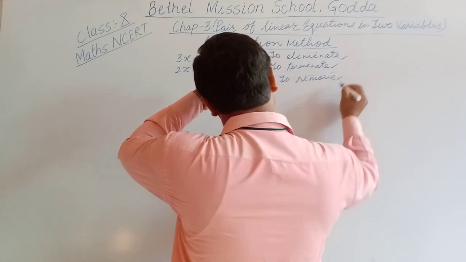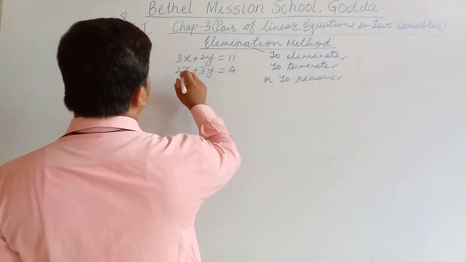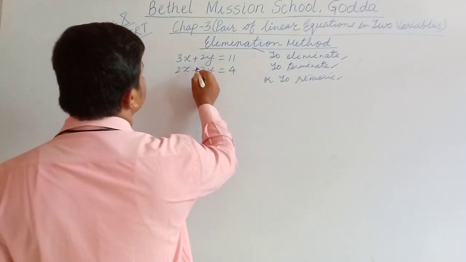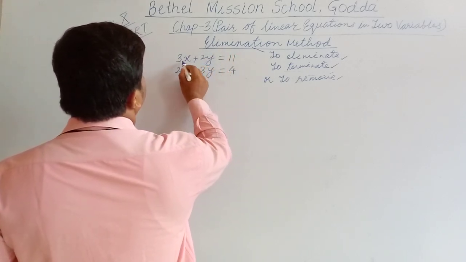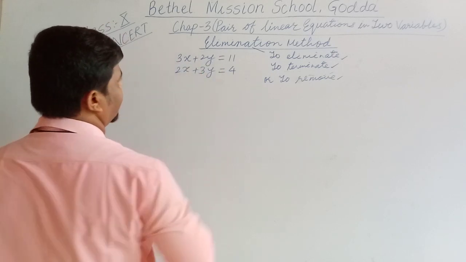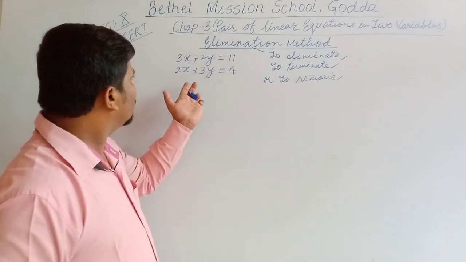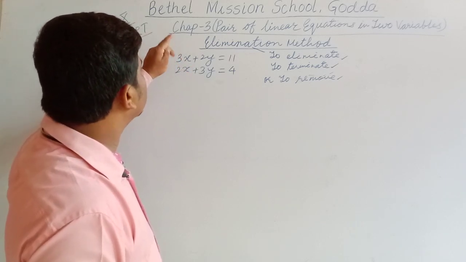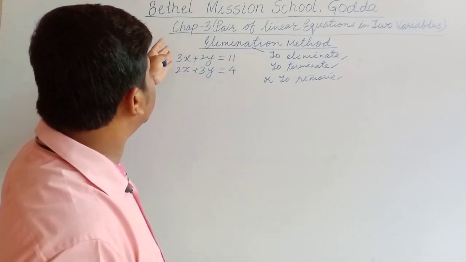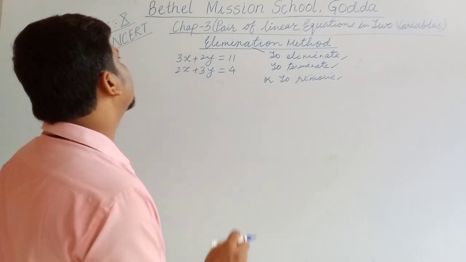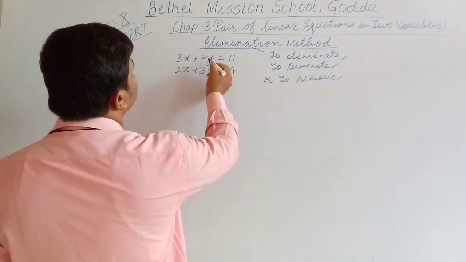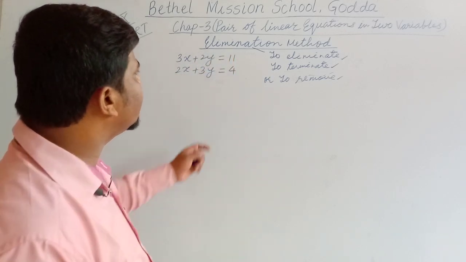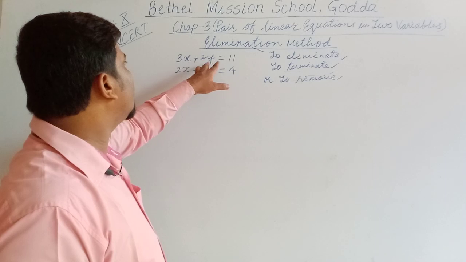So many meanings are there. So what will we eliminate, what will we remove from here? Here we have two variables, x and y. So we have to remove any one term which is related to variable x or variable y. So if you want to remove any one term, then you have to see, suppose you want to remove